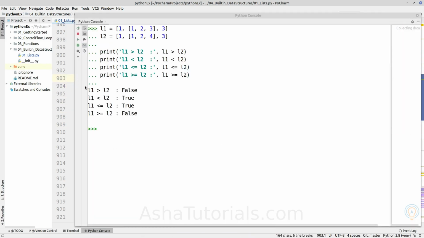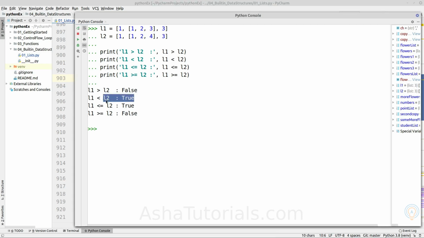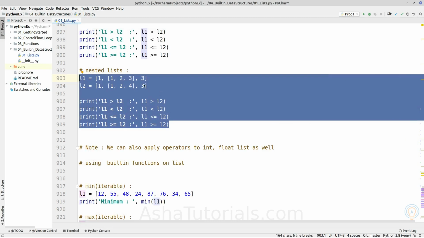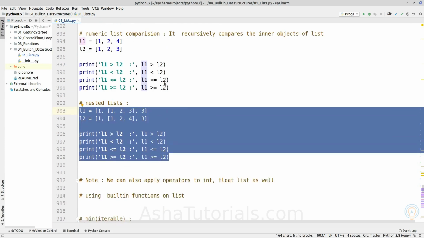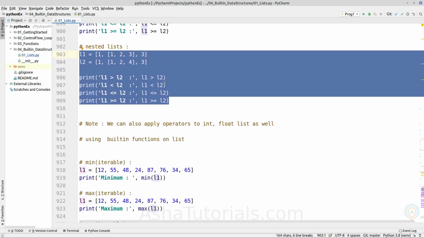So if we compare it, L1 is less than L2. It is true. So it is also performing comparison for a nested list. The same can be applied to float values also.